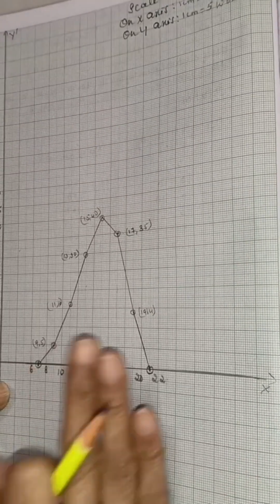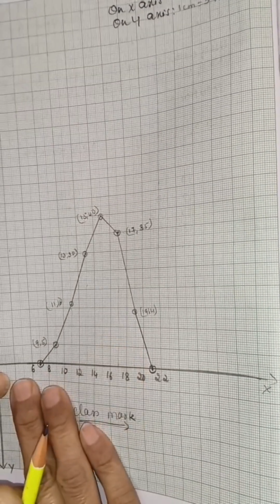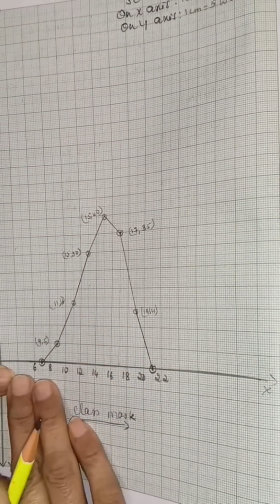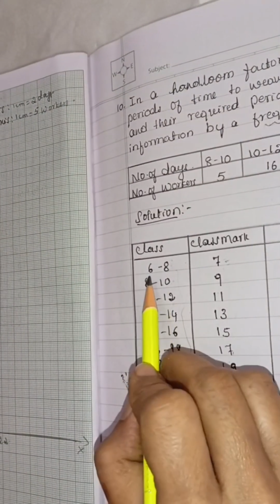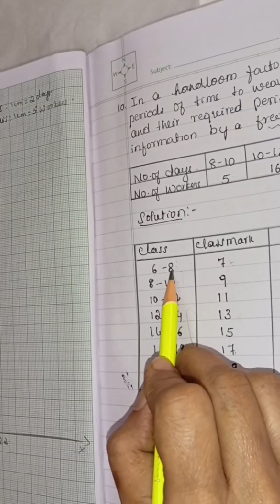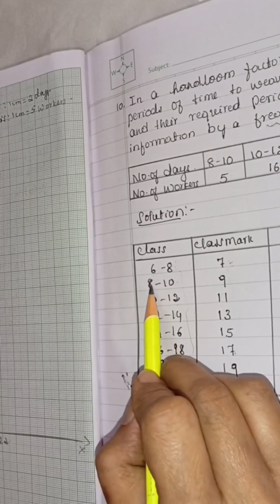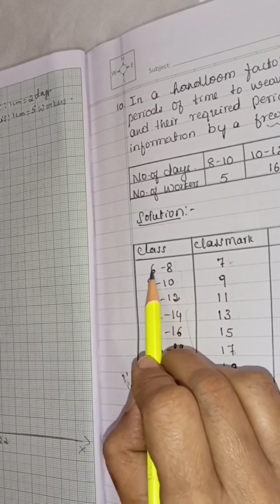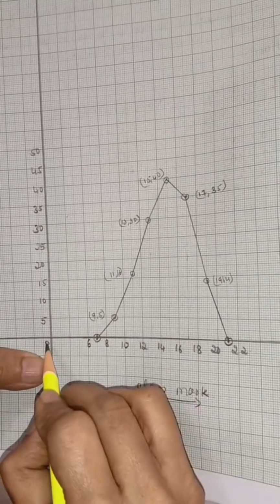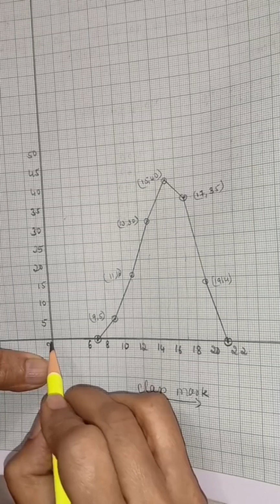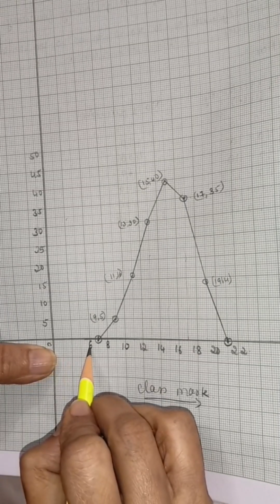In this required polygon, we also have to show the crank mark. You must have heard of it, no? What is a crank mark? See, the class starts from 6, 6 to 8, and the given table then has 8 to 10. This is our previous class, but we have readings there too, no? See, this is the origin 0: the x-axis is 0, the y-axis is 0. But we have started from 6.